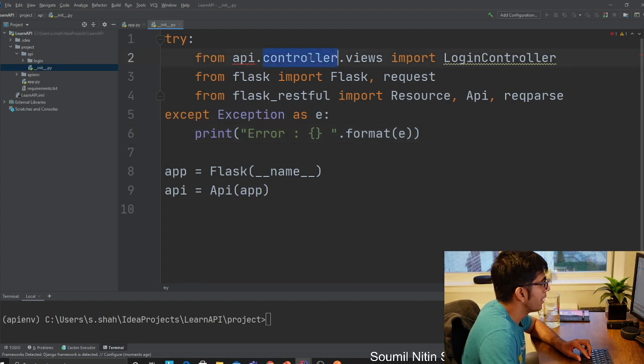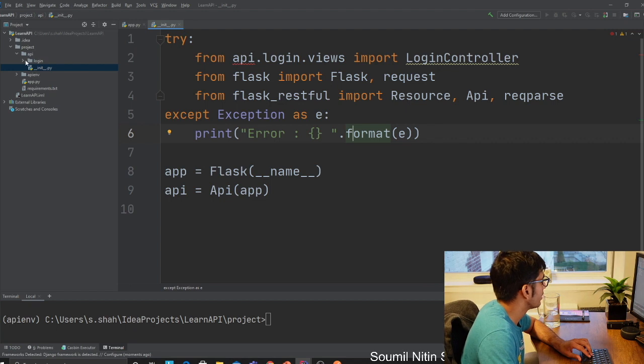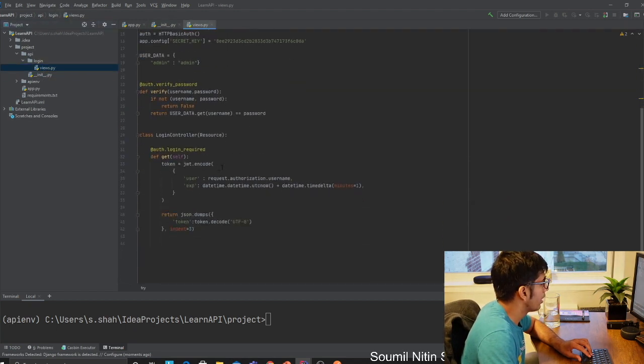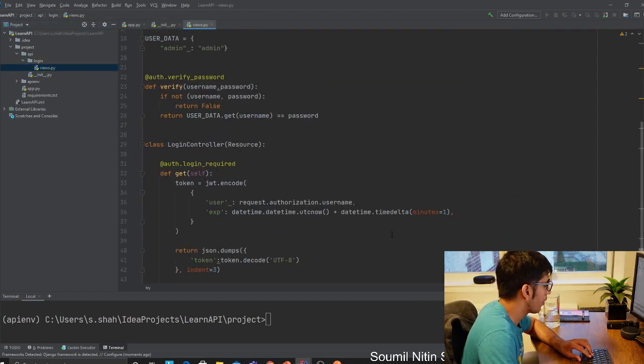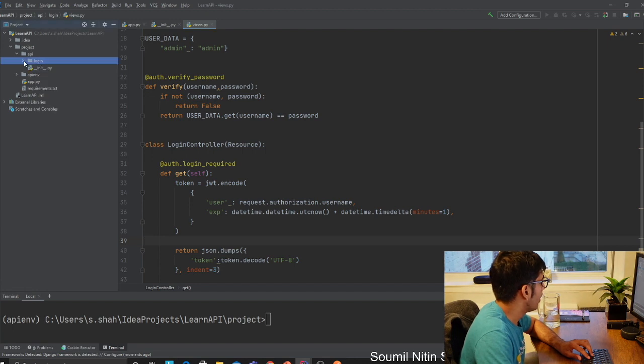From API.controller it would change to login, and the views would be the same. So we basically define a login controller which would issue a JWT authentication token which expires after every 1 minute. This 1 minute, of course, you can change to 5 minutes, 30 minutes, 1 hour, 2 hours, whatever you want. But I'm keeping 1 minute so that I can show you. That's the login controller.